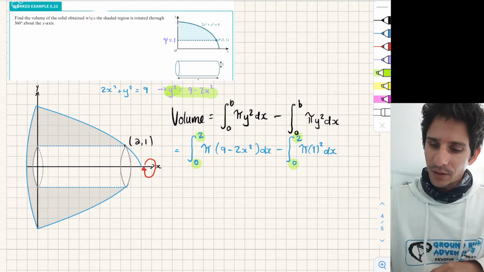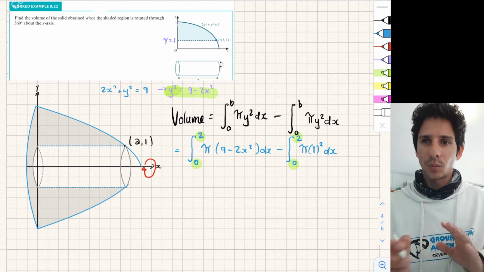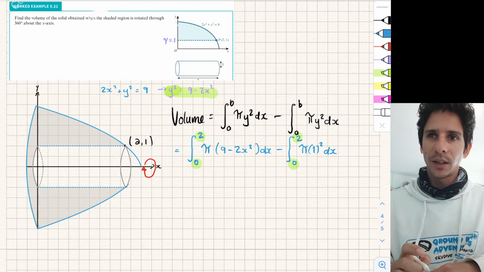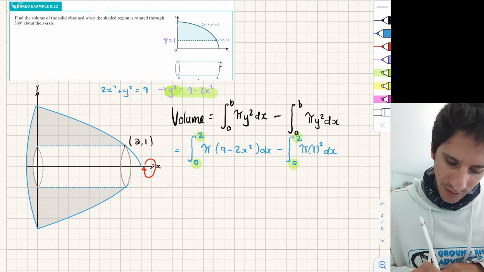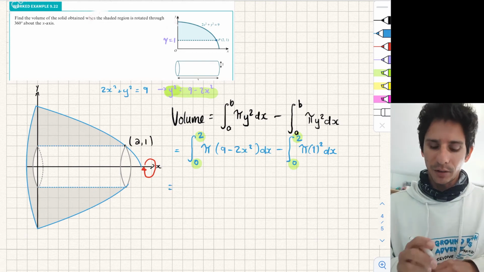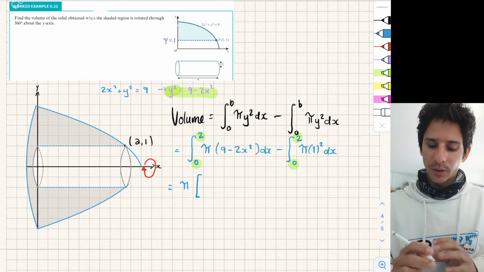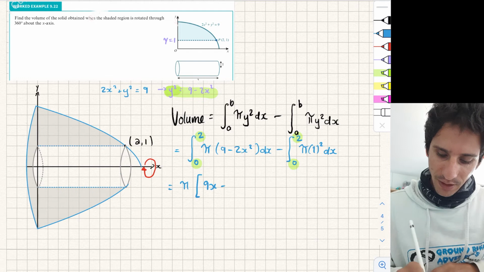So let's just integrate these things separately for now, and you'll see at the end why. We can combine them, we just have to be very careful with the way that we do it. It's not as easy as with the area. So let's anti-differentiate these. I'm going to pull pi out because it's a constant. This is going to give me 9x take away, x cubed squared becomes x cubed on 3,